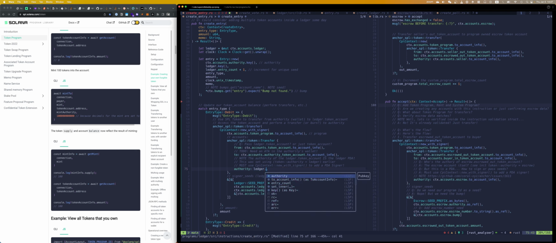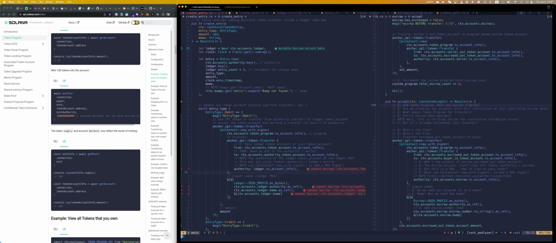And I guess I could do account info. Would that work? Yeah, I already had access to it because I grabbed it out of here. Okay. Same thing here. I already had ledger. So